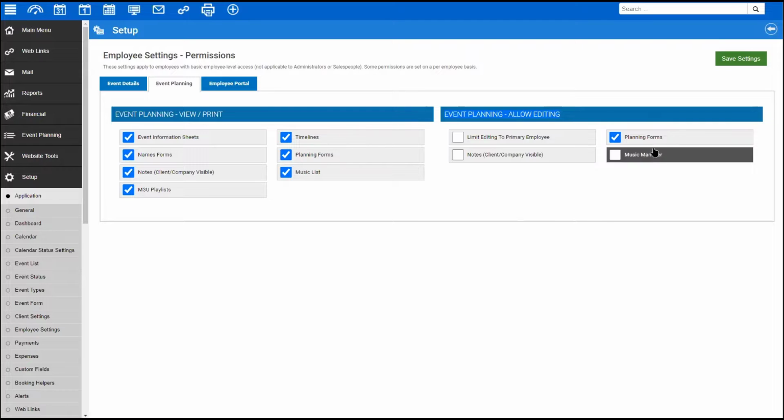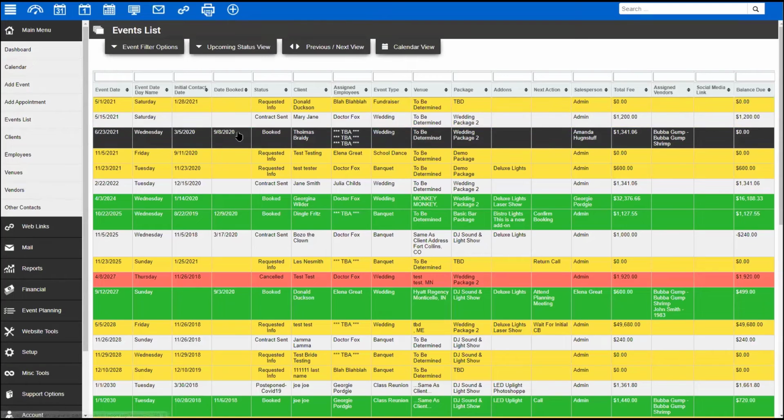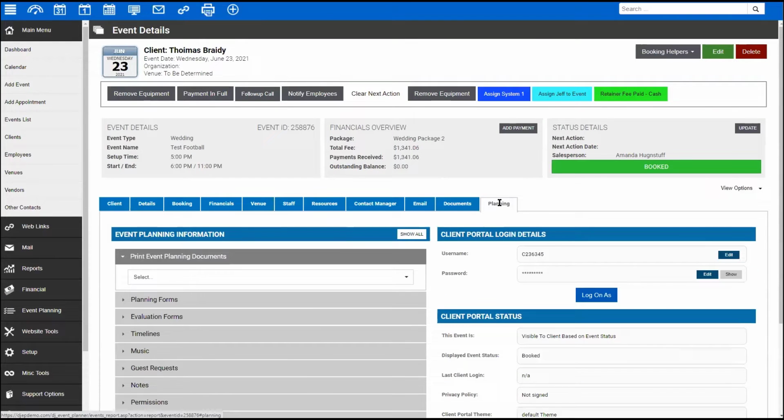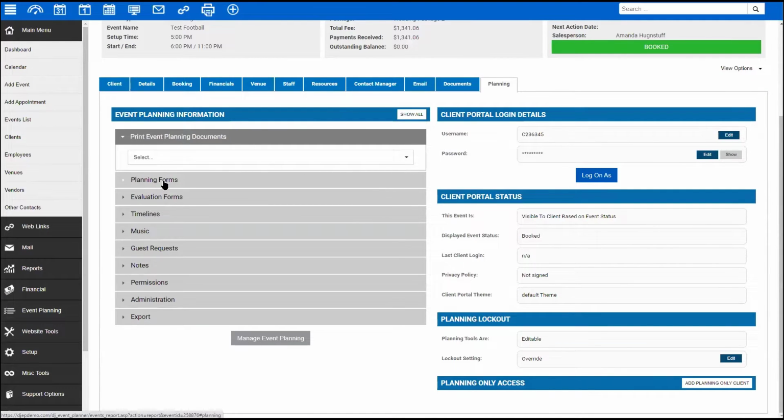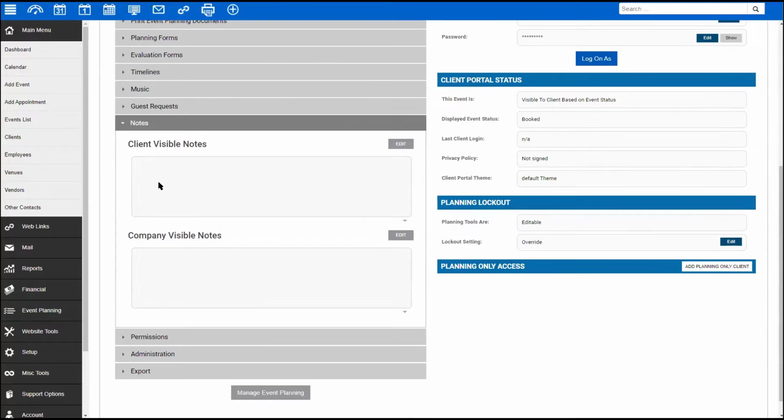can be all employees will be able to edit these sections, whether it's planning forms, the music manager, or the notes, client, company, visible. And those are going to be anything, again, underneath the planning section of looking at an event. So when you're on the planning form, what can they do? Can they edit these forms? Can they just view them? Can they print them? And under the notes section, can they add information into client visible notes and company visible